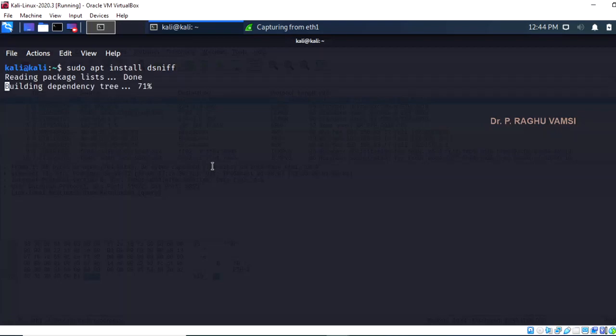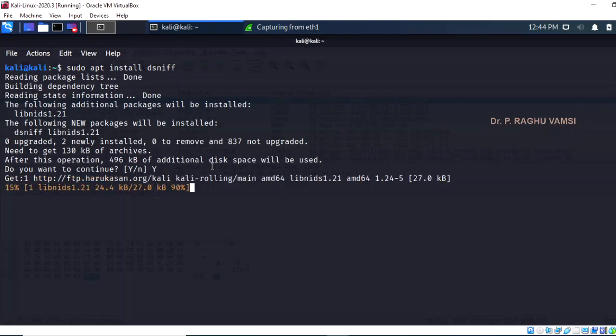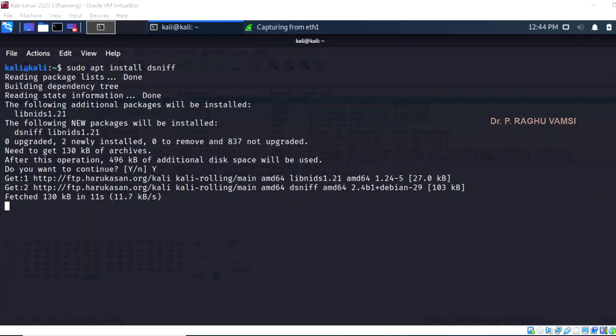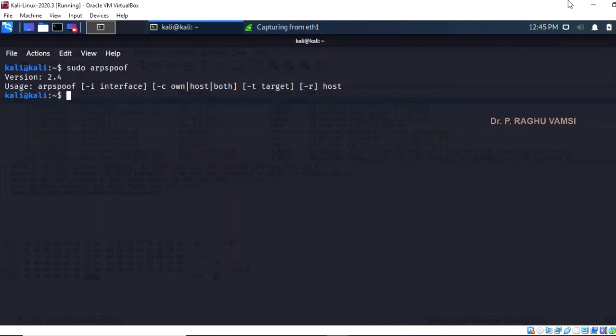This package needs to be installed. This package consists of arpspoof and related tools. Once the installation is done, run sudo arpspoof. So it is giving you the arpspoof usage.